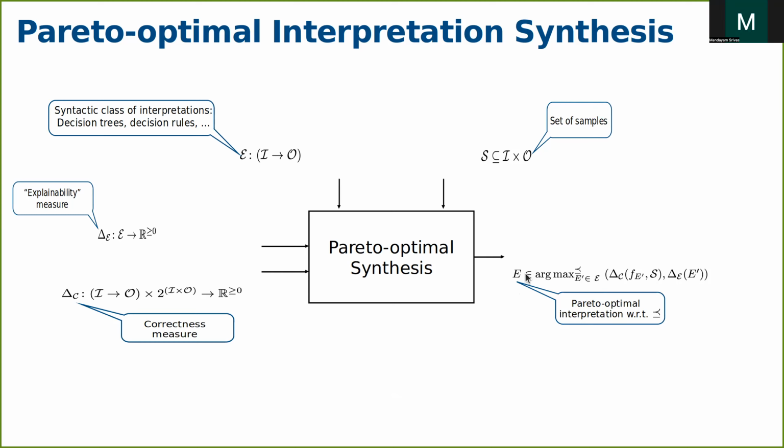I want to find an interpretation from this syntactic class of interpretations that maximizes this pair. One is the correctness measure for the interpretation I'm choosing over the set of samples, and the other is the explainability measure for this interpretation. And of course, as I just showed you, these two things may be at loggerheads with each other. So we have to define a partial order, basically a partial order on a pair of numbers. So if both the numbers, pardon me,